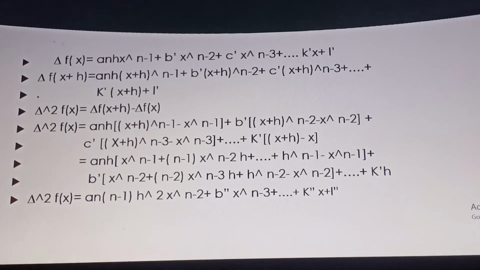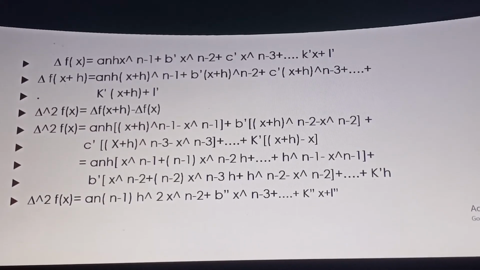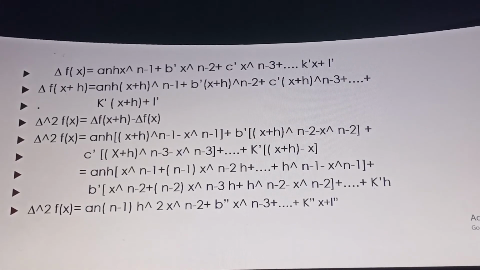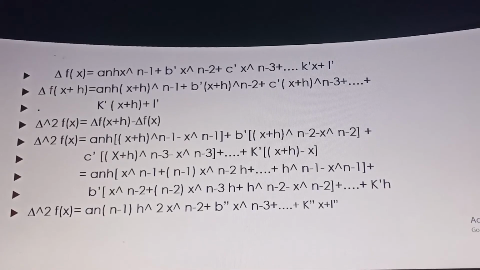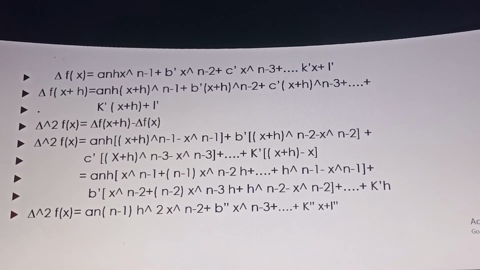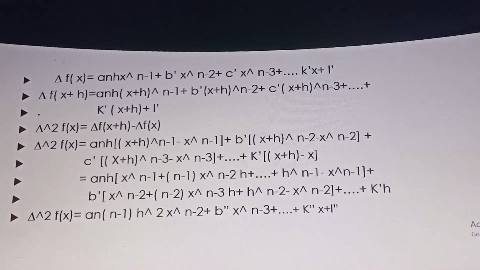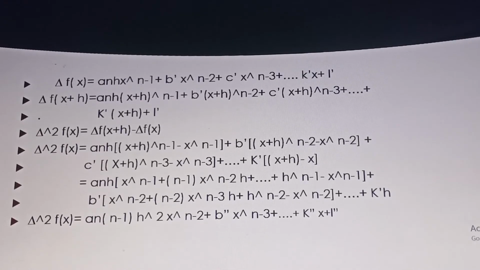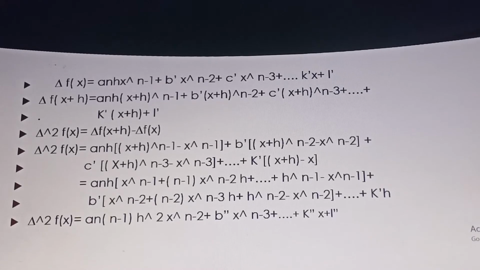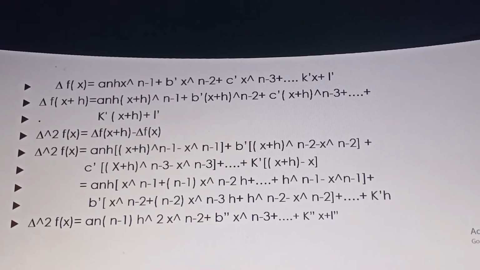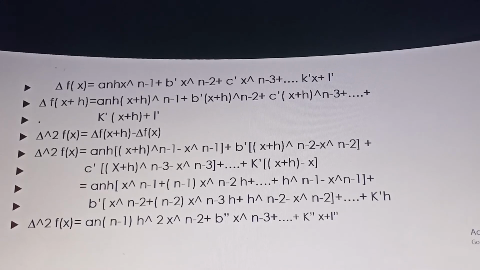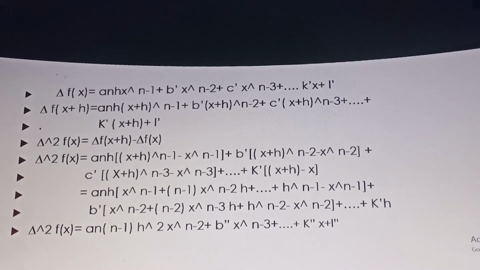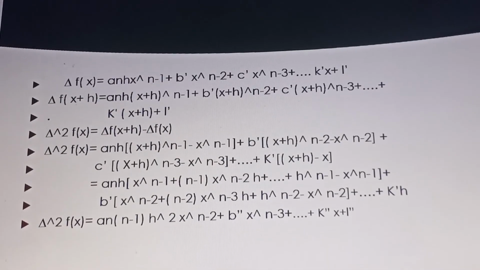Then we get the difference: delta f of x equals a into n into h into x raised to n minus 1 plus b dash x raised to n minus 2 plus c dash x raised to n minus 3 plus up to k dash x plus l dash. Then delta f of x plus h equals a into n into h into x plus h raised to n minus 1 plus b dash into x plus h raised to n minus 2 plus c dash into x plus h raised to n minus 3 plus up to k dash into x plus h plus l dash. Then delta square f of x